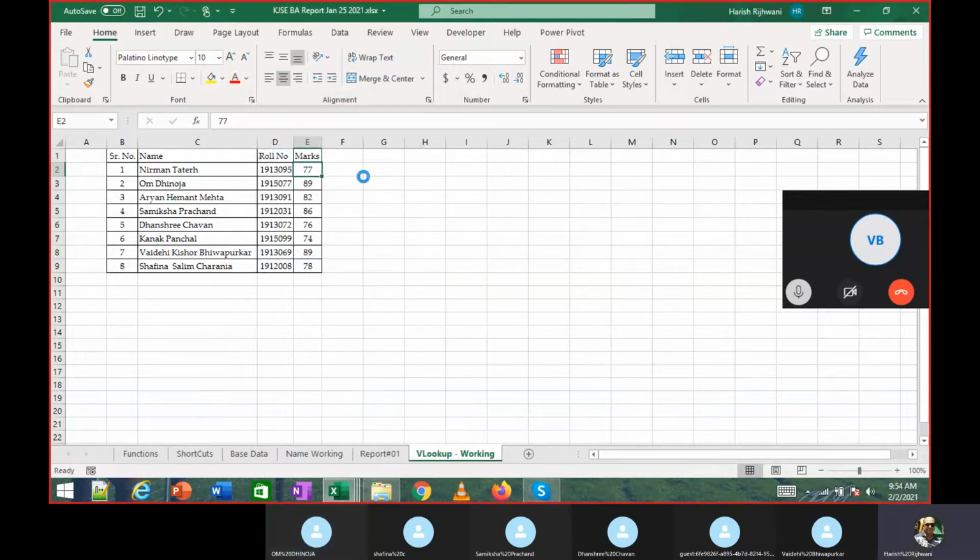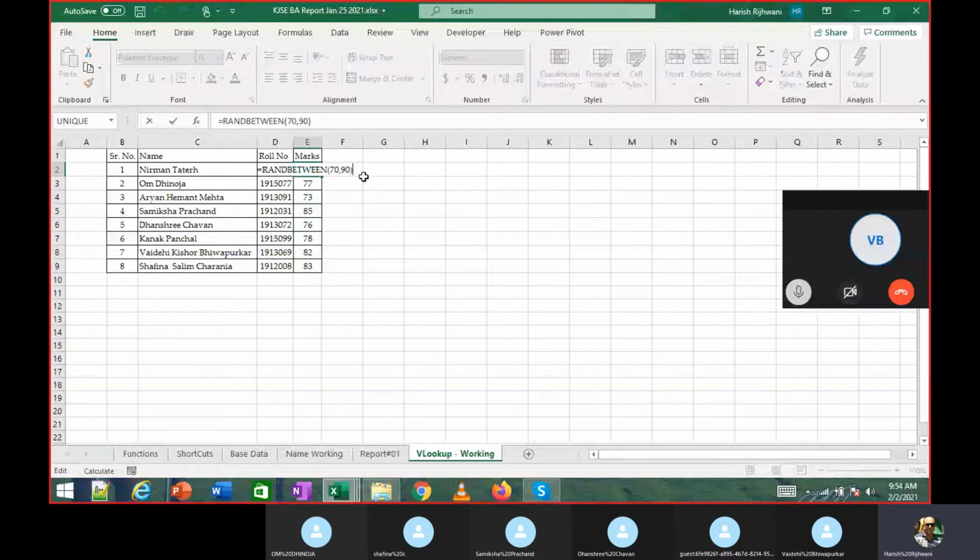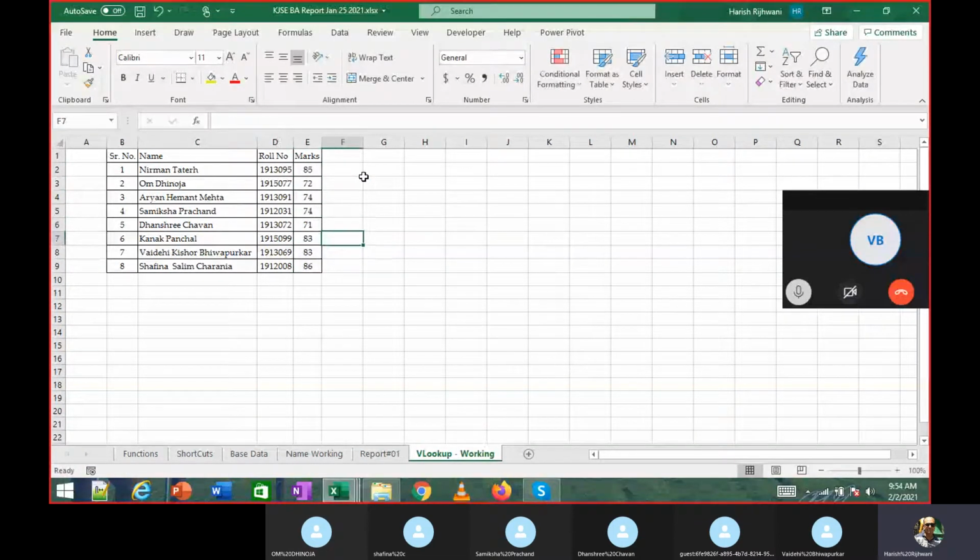If I keep doing anything anywhere in this sheet, these numbers will keep changing because it generates a random number each time.